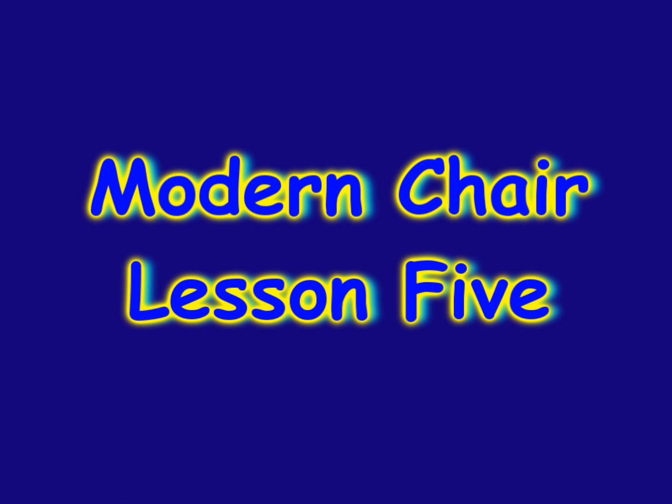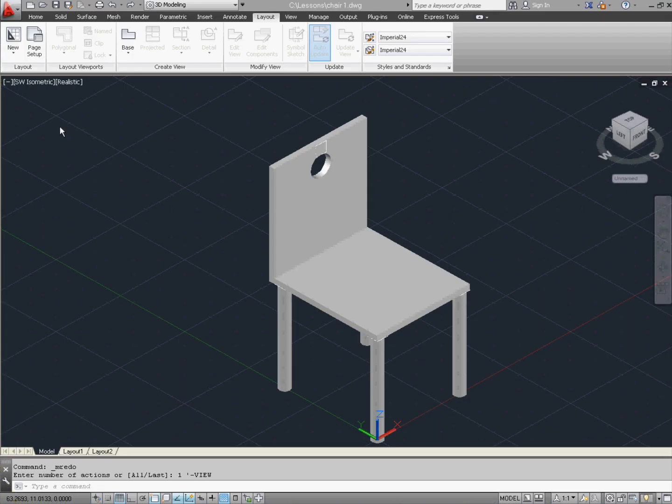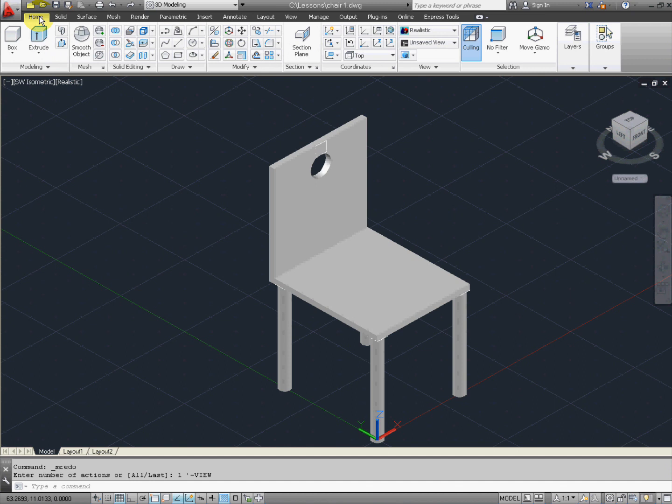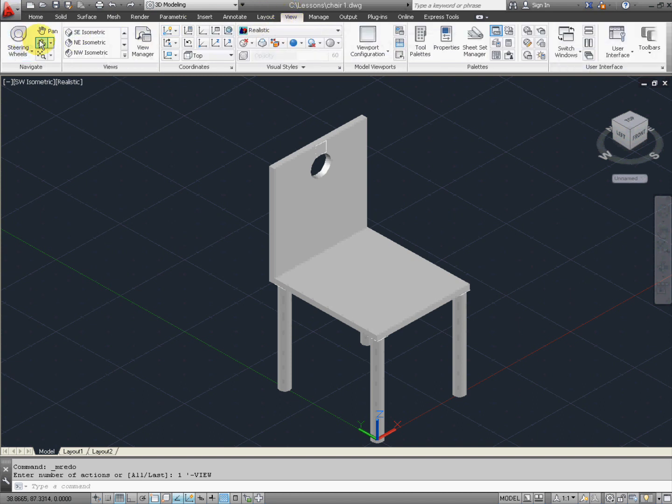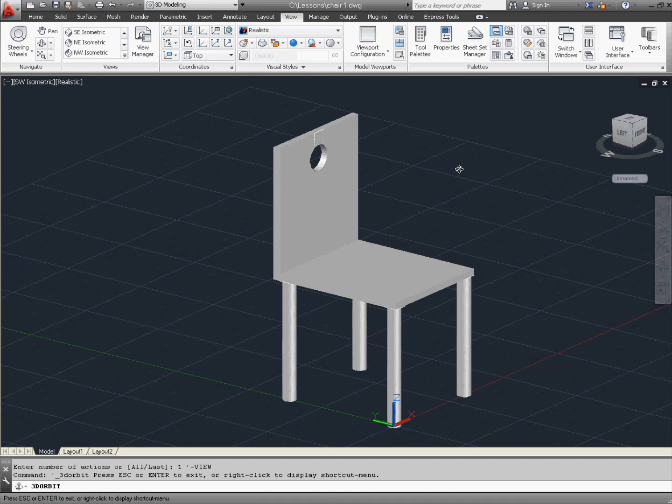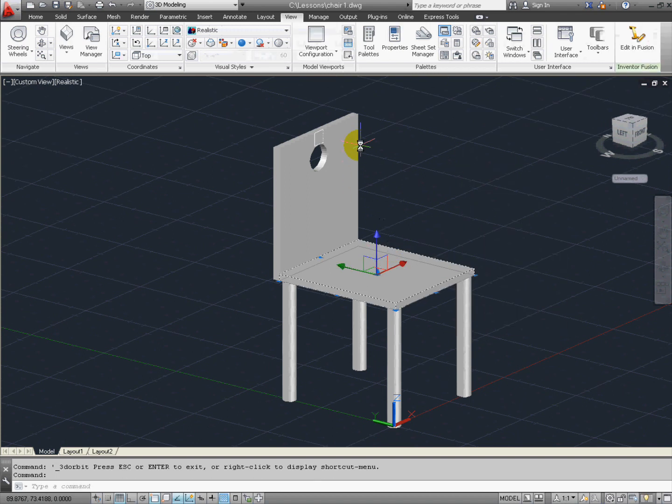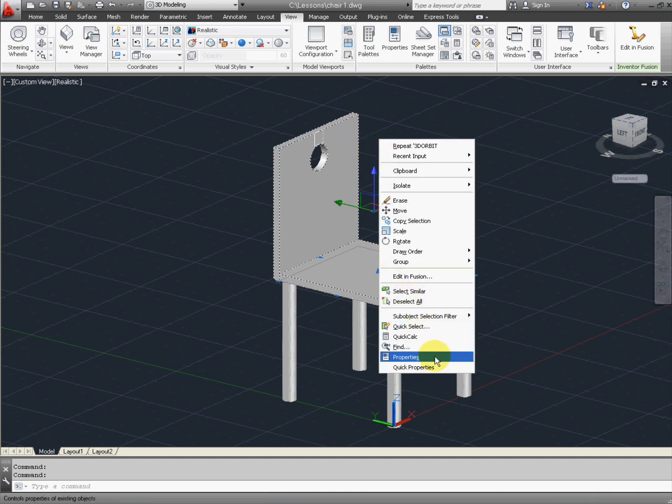For Lesson 5, we're going to apply color to the chair and create 4 views onto a text box so we can print out and view our work. Within the 3D view, go ahead and inspect your chair using the orbit. And then let's go ahead and select the seat and the back and right-click with your mouse, and we're going